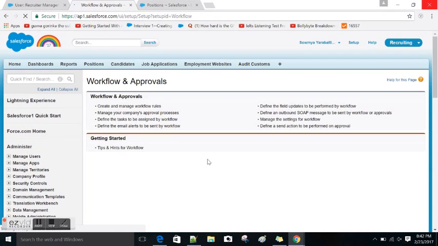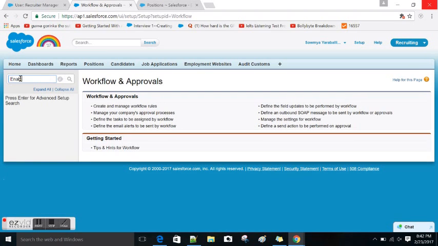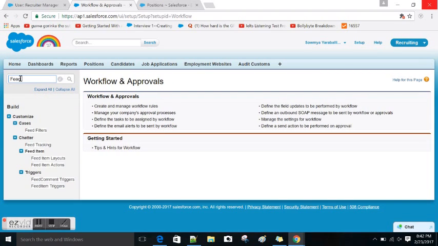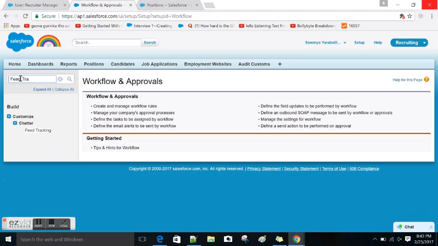Okay, so that is how we can do it in online mode. Are we able to include Chatter over here? Is it possible to get a post on our Chatter feeds that the record is requested for approval, and can we approve it by clicking on the link? So for that, first we have to enable feed tracking.